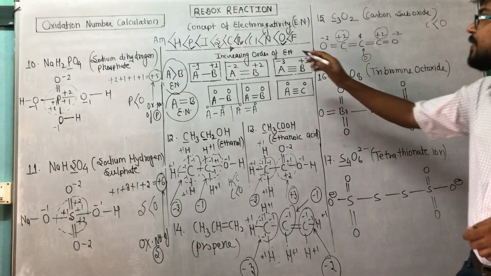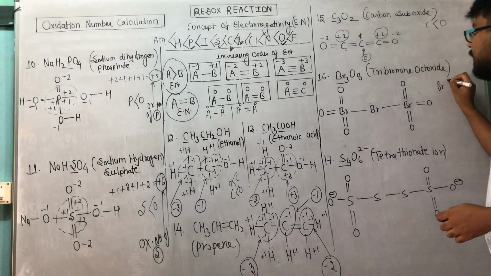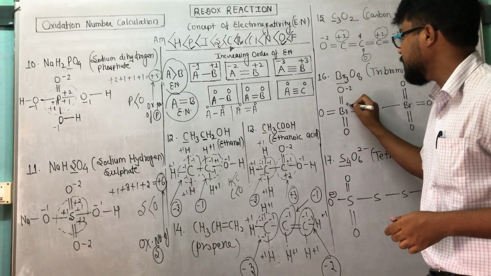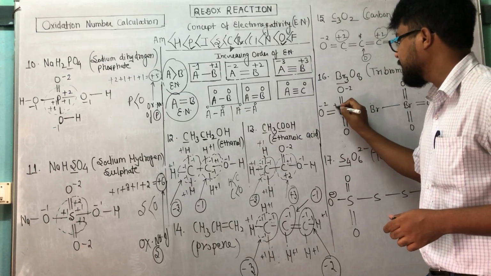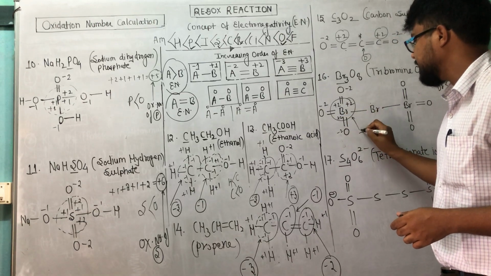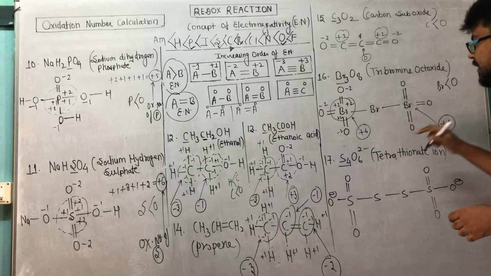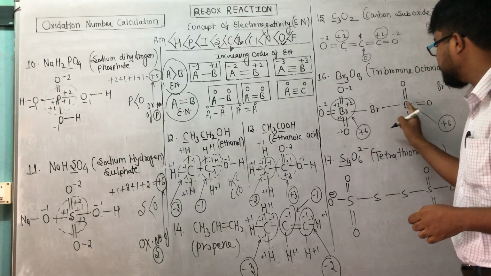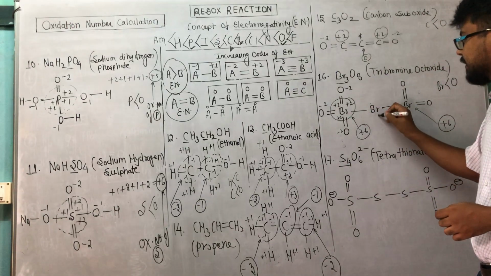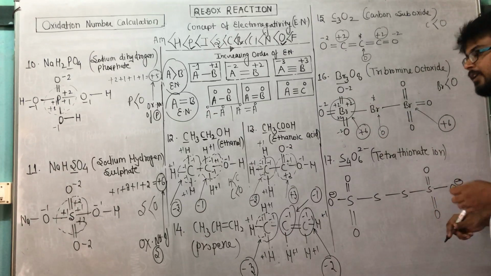Now Br3O8. Bromine is there and oxygen is there. Correct? So Br is less electronegative than oxygen. So for this oxygen, it is -2, +2, -2, +2, -2, +2. The answer is how much? It is +6. Same for this bromine also. It is +6. But for this bromine, 0 contribution, because the bond is present between similar elements. So for this bromine, again the ox number is 0. So +6, 0 and +6.